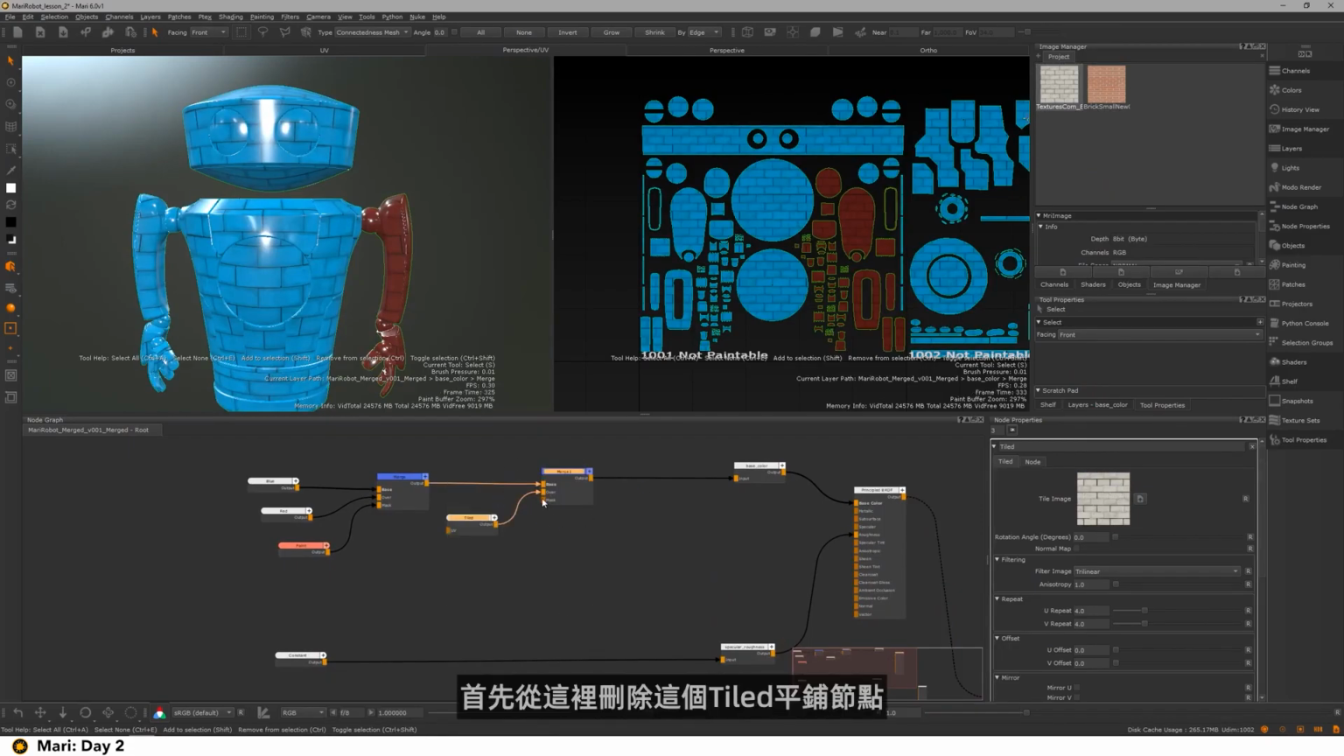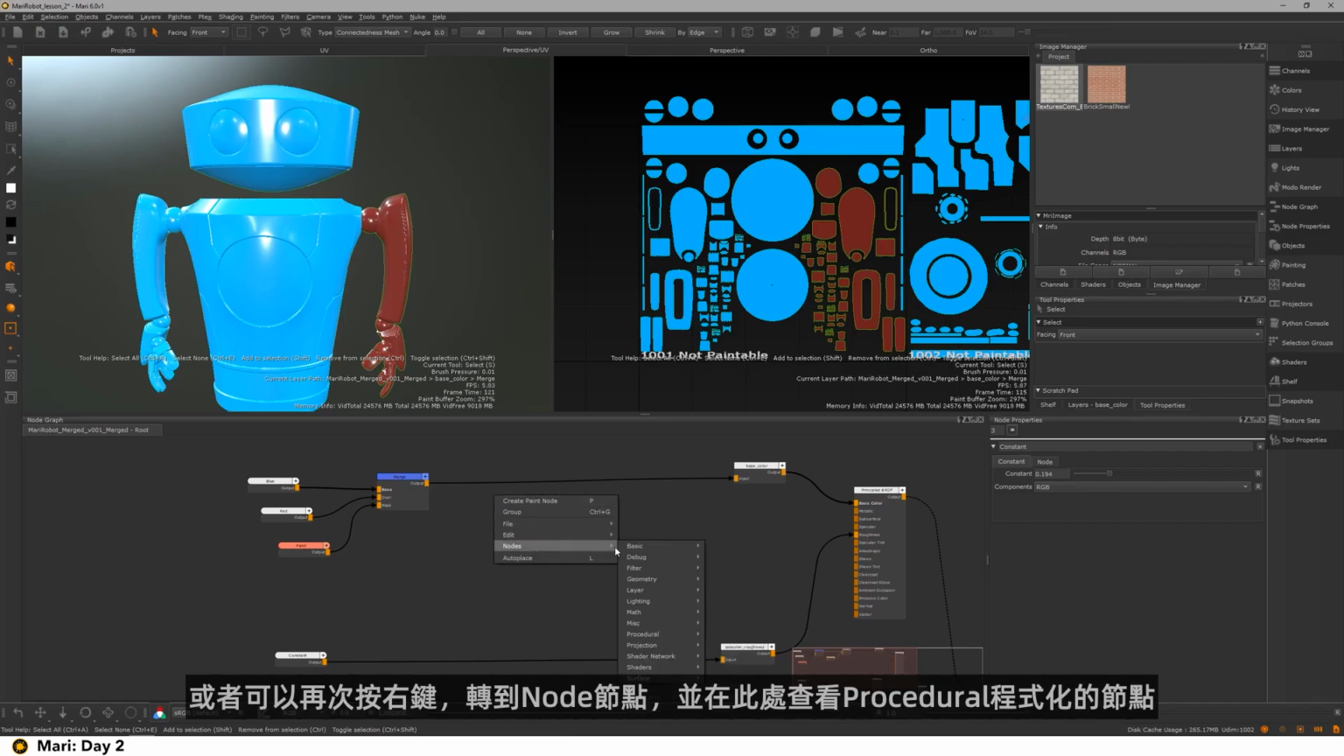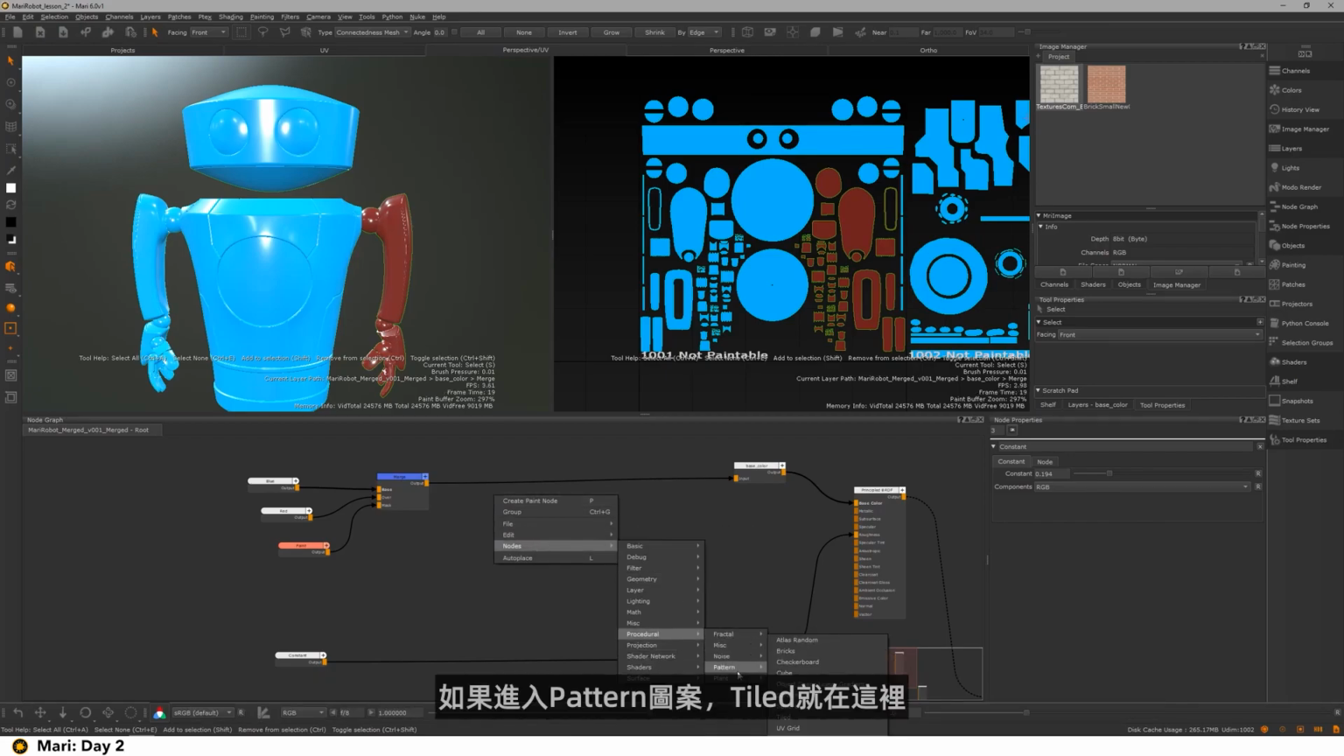So I'm going to delete this tiled node out of here, and I'm going to press Tab, and I could start typing in, for example, Perlin, which I know is a procedural, or I can right click again and go to nodes and check out the procedural nodes here. So if I go under pattern, it's got tiled here, which is what we've just been using,